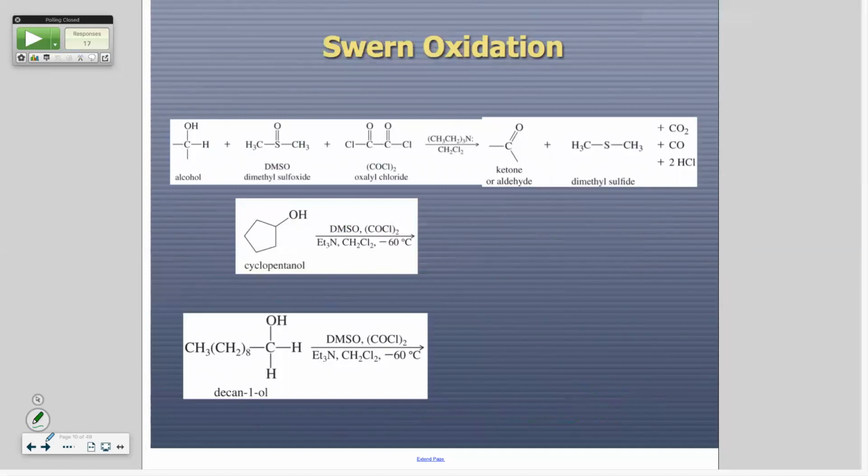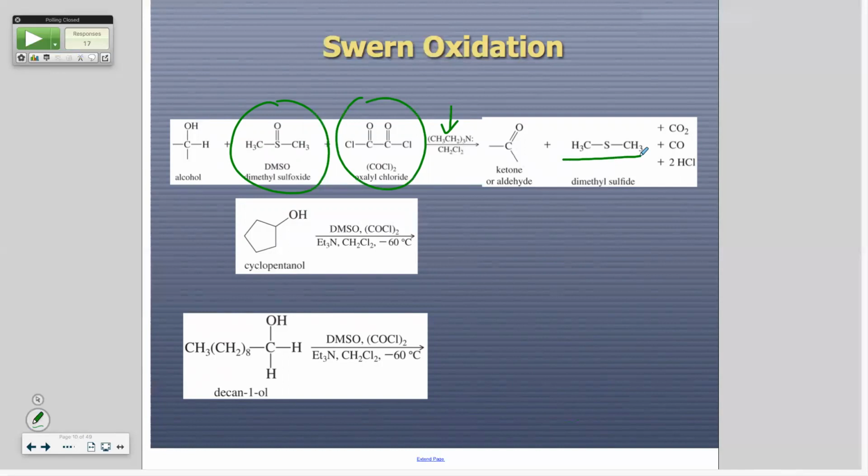Okay. So here's the Swern oxidation. Here's our good old DMSO. Here's our oxalyl chloride. Okay, here they put the triethylamine right there, and the solvent they used was CH2Cl2. What is that called? Dichloromethane or methylene chloride. Surely we use this one. Okay, like more than you think. Okay, look what happened. Remember that we're doing an oxidation, so something gets reduced. In this case, the sulfur got reduced.